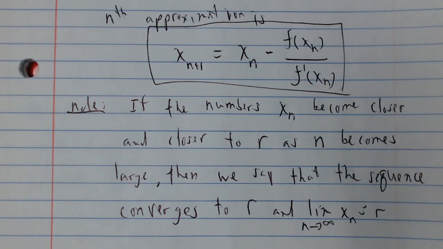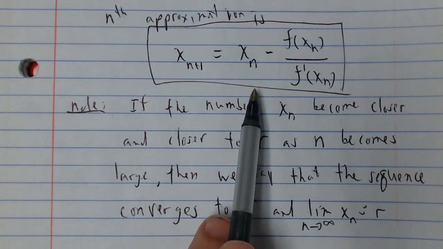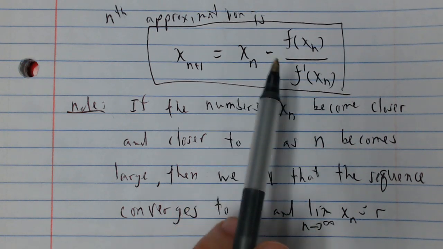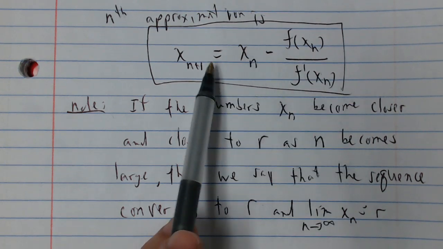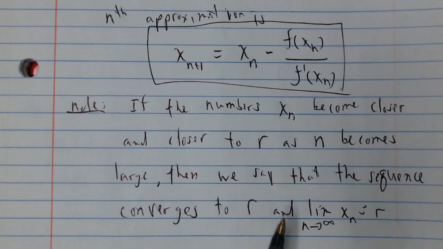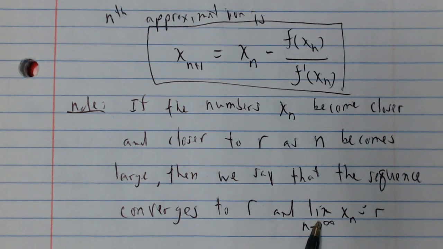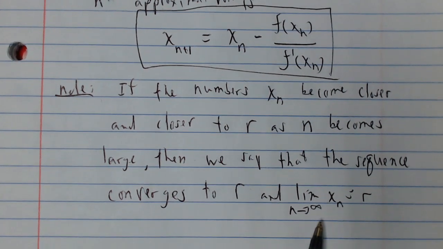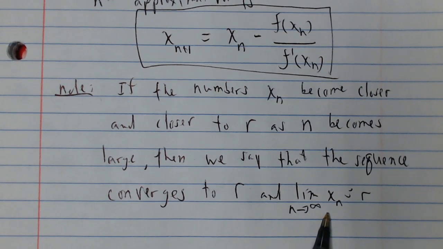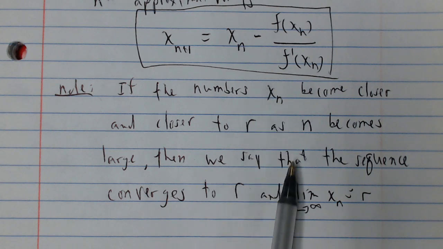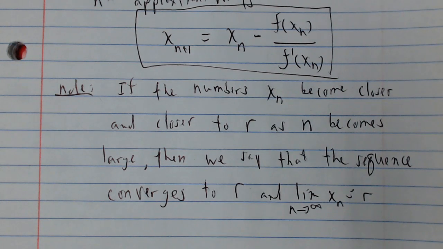So when I tell you that the sequence converges to r, what does that mean? If I take an equation and I repeat the process as much as possible, this will start settling down to the number r. So if I tell you that something converges to r, that means in the long run, it's going to get closer and closer to r, which basically is what this is saying, right? If I go through this process infinitely many times, these roots are going to approach r. Okay, so